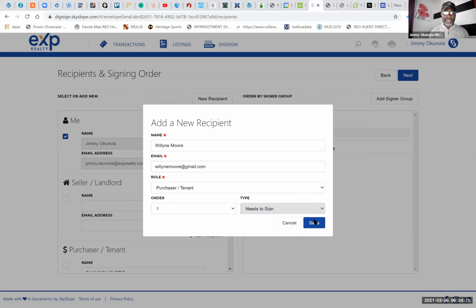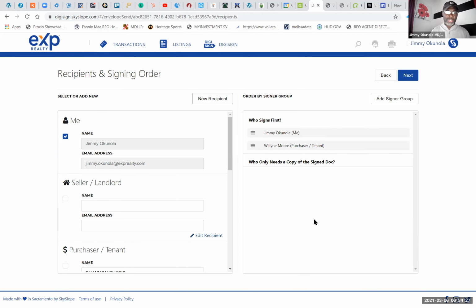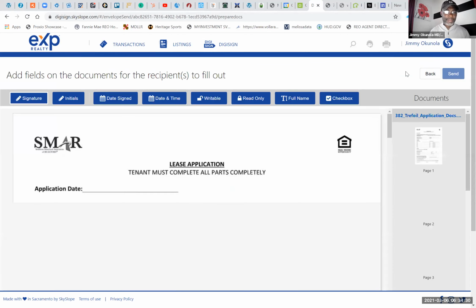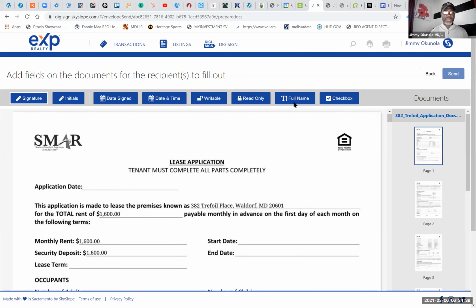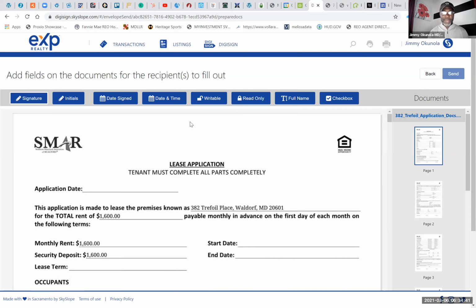So I'm going to save. Now I've got my orders there. Then I click next, and this pops up. Let me move this out of the way. Now I can scroll through and say, okay, I want the application date on there. I want to assign all those things to me because I don't want my client changing anything, right? So I can go over here and resize that however I want, move it and leave it right there. I put the application date on there,